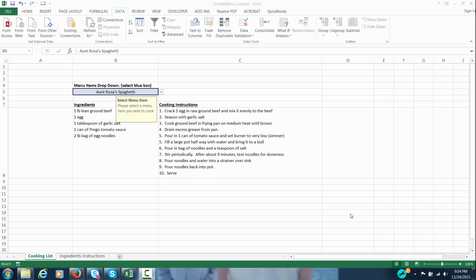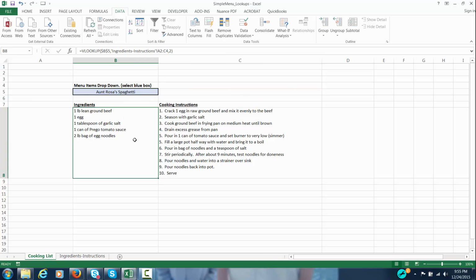This is a video to show a simplified problem of a VLOOKUP where you have the wrong information showing up for a menu item. In this case, I've got a menu, and you have the wrong information showing up for one of your lookup values. So in order to figure out what that is, what we have is a menu with 3 items,